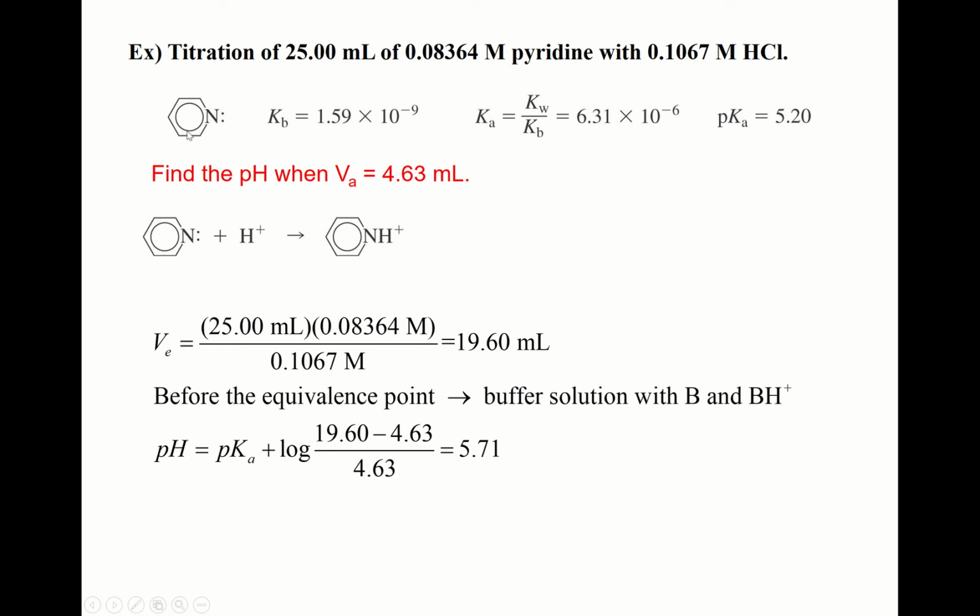This pyridine has an equilibrium constant Kb, which is 1.59 times 10 to the minus 9. Ka for this conjugate acid is Kw divided by Kb, and it gives 6.31 times 10 to the minus 6. So pKa is 5.20. Now find the pH when the added strong acid volume is